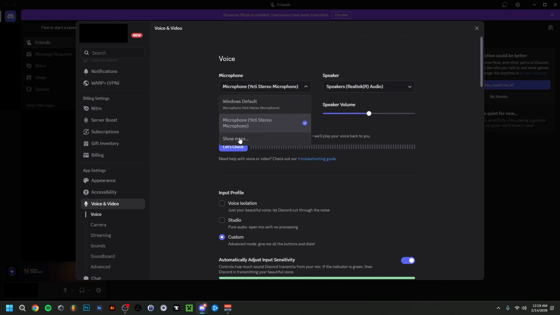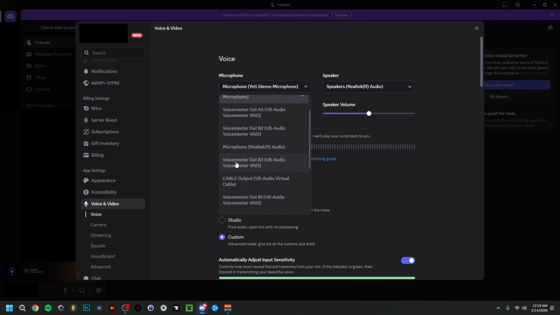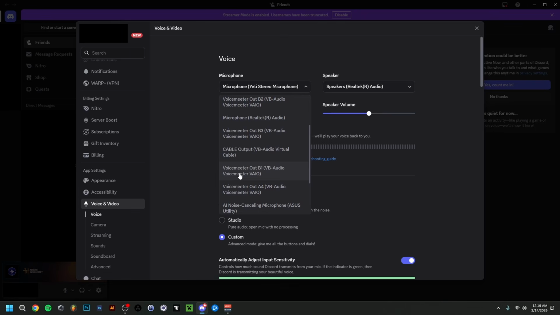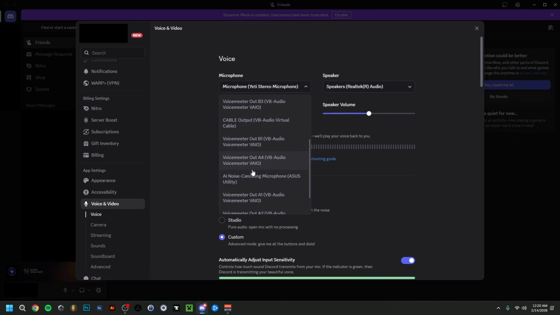Now as an input, in most cases, because of course you want other people to hear your audio, as we said earlier, that would be B. So in this case, B1. So in most cases, if you use Voicemeeter as an input on Discord, go for Voicemeeter Out B1. Because A is if you want to hear it for yourself. B is if other people hear it. Any other thing you could do is, for example, do the cable output if you're using that. That's really going to be the other one,